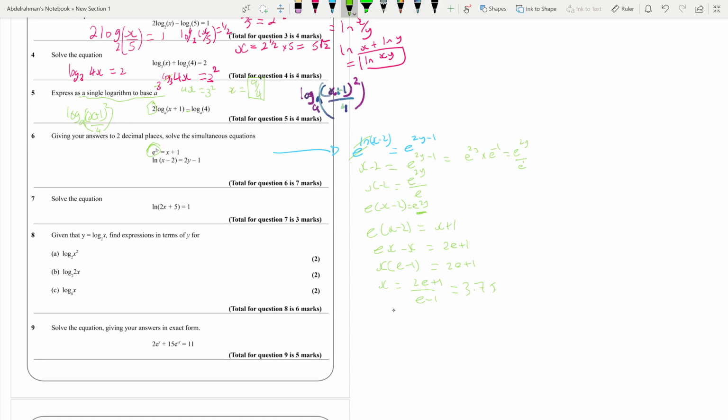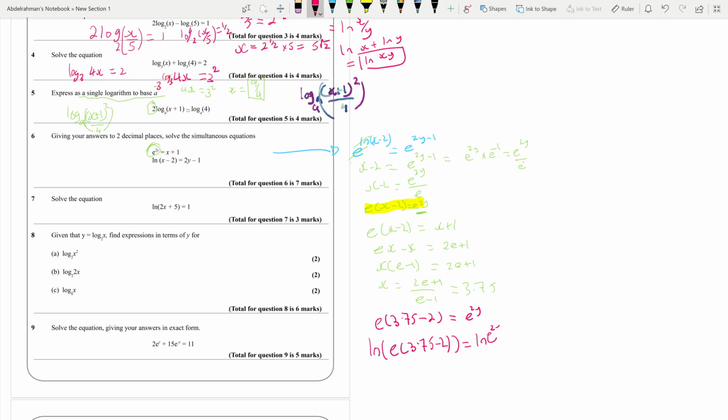Okay, and now if we substitute it in any one of these equations, I will choose to put it, for example, into this one. I can put it into this one, I can give the same answer. So I have e^(3.75) minus 2 equal to e^y. I want to get rid of the e's, so I can do, this is not power, this is multiplication, okay? So it will not cancel out, so it will be e multiplied by 3.75 minus 2 equal to